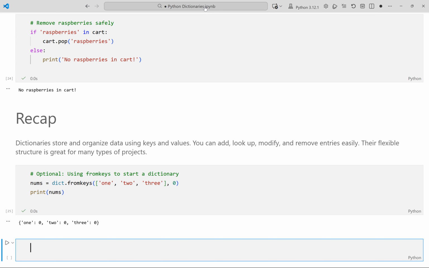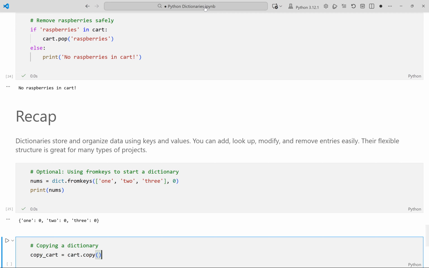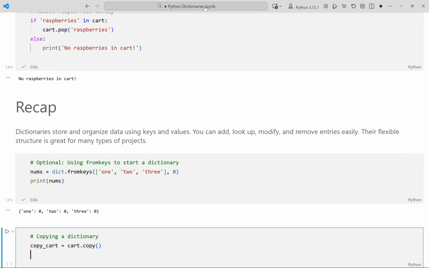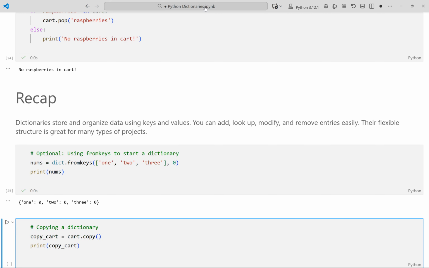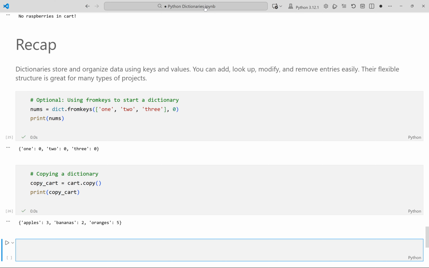You can make a copy of a dictionary using copy. Copy_cart is a new object, so changing cart later does not change copy_cart. Printing shows the copy matches the original. Running the cell now. This output shows a copied dictionary identical to the original cart, containing keys for fruits and